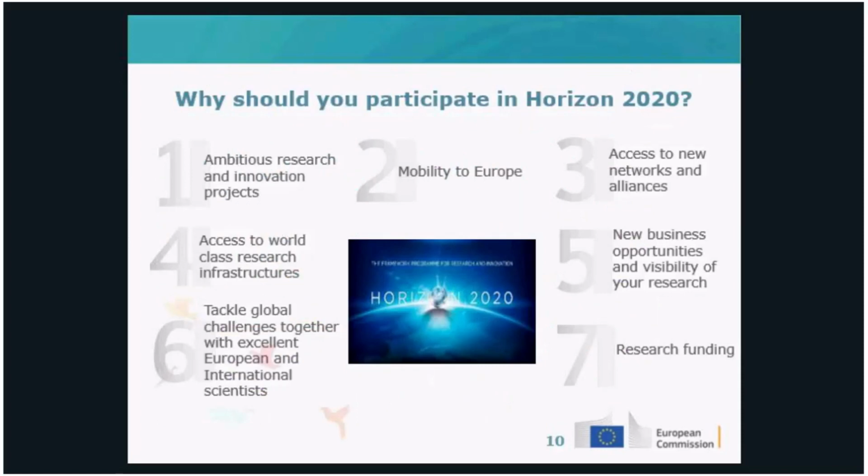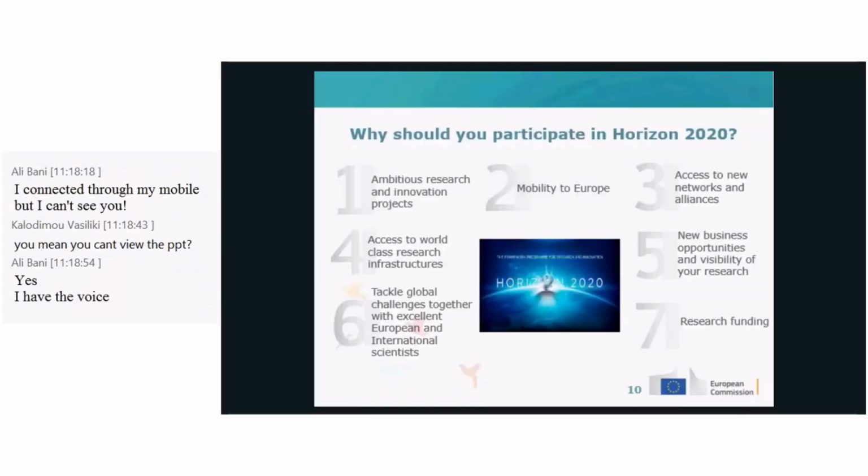This is obvious. I will not spend much time here. Why should you participate as a legal entity or representative from a country outside Europe? Why should you come and join European partners? There are several reasons. Here we state some of the obvious ones, of course, to participate in ambitious research and innovation